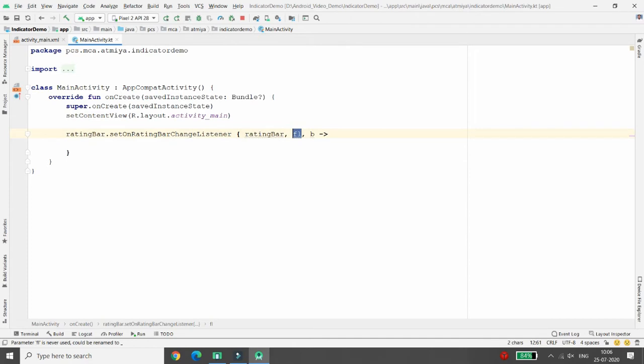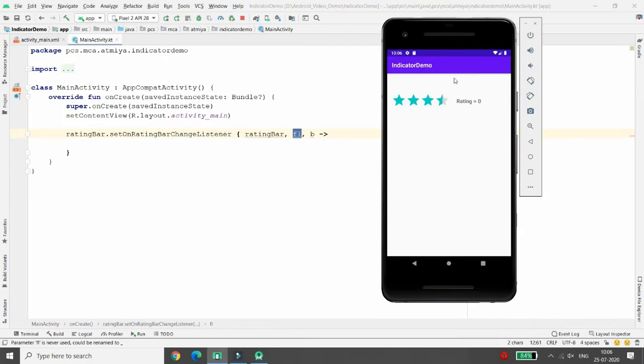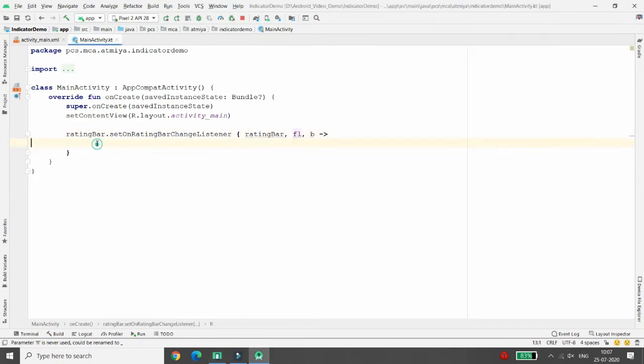It can be a point five, a half. By default, you can give a half star or full star, right? Like this. Suppose if you want to give the rating in different steps, then you can use the stepSize property. Now, I just want to give this rating.